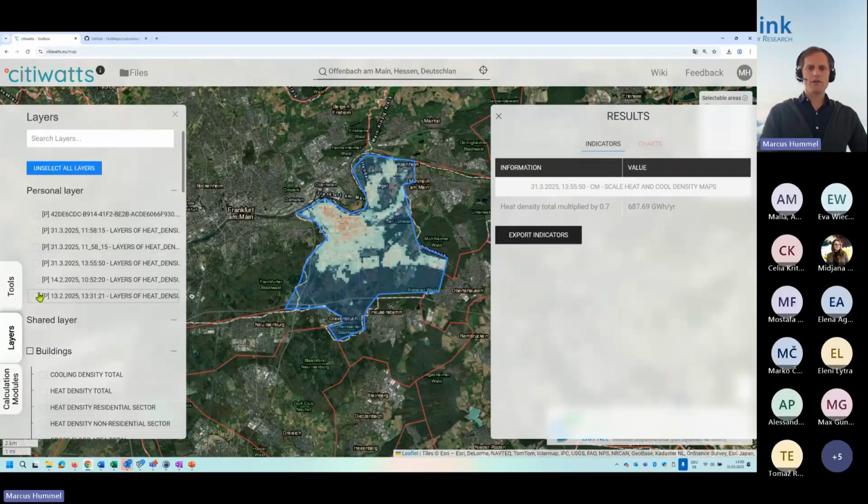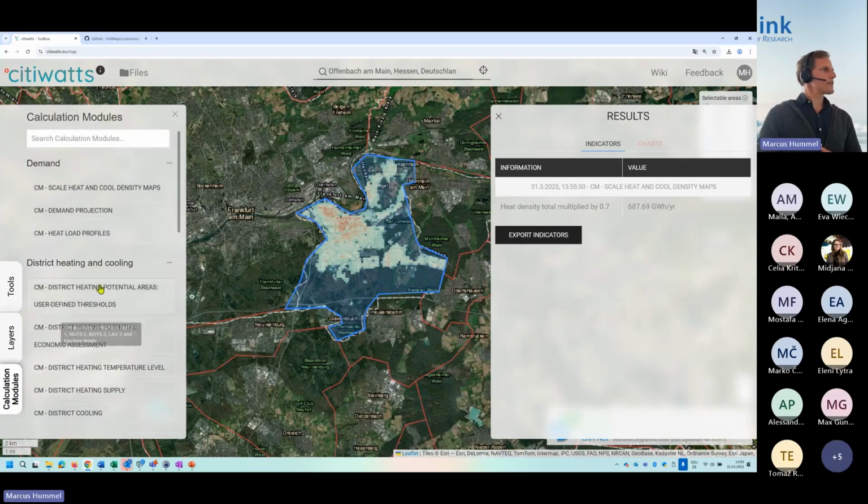This is important when we come back to the district heating area potentials calculation with the district heating economic assessment module. Yes, and with that, I just very quickly introduce you to the last module of this section, which is the demand projection module. So as I said, if we come to the future status heat demand density maps,